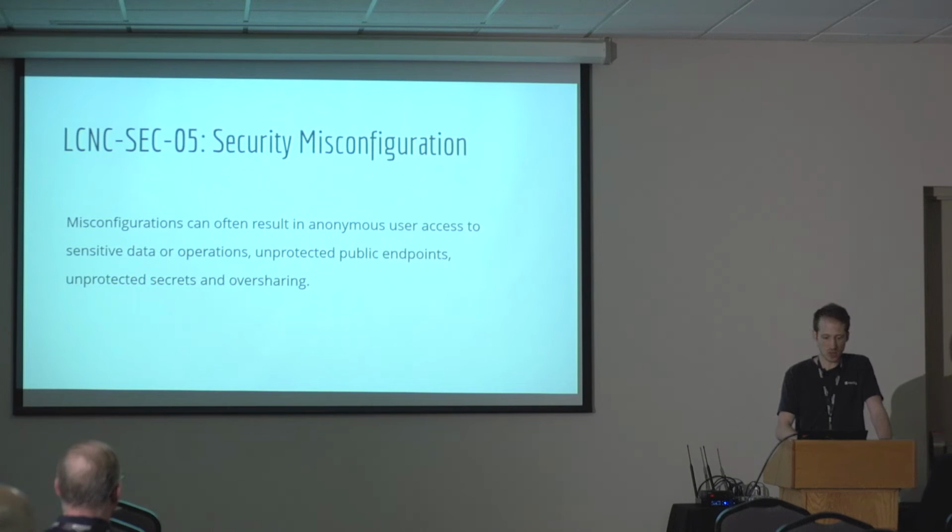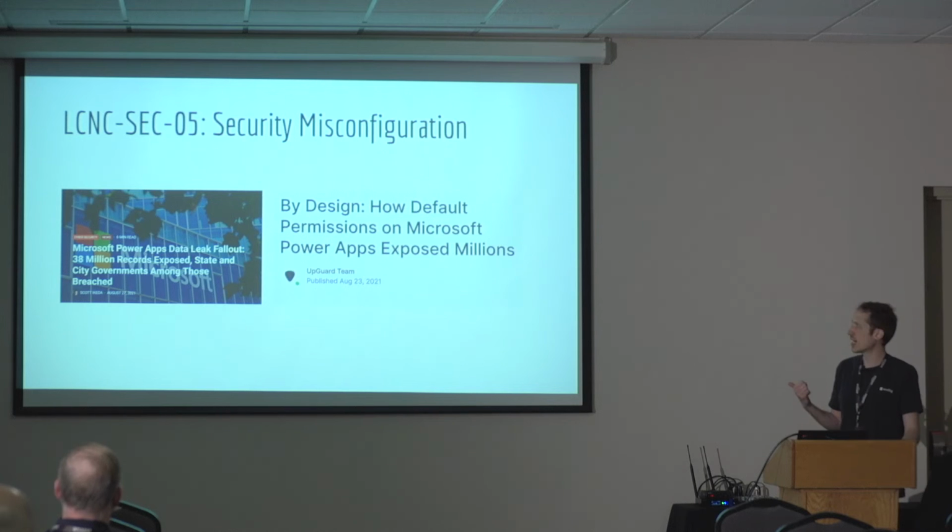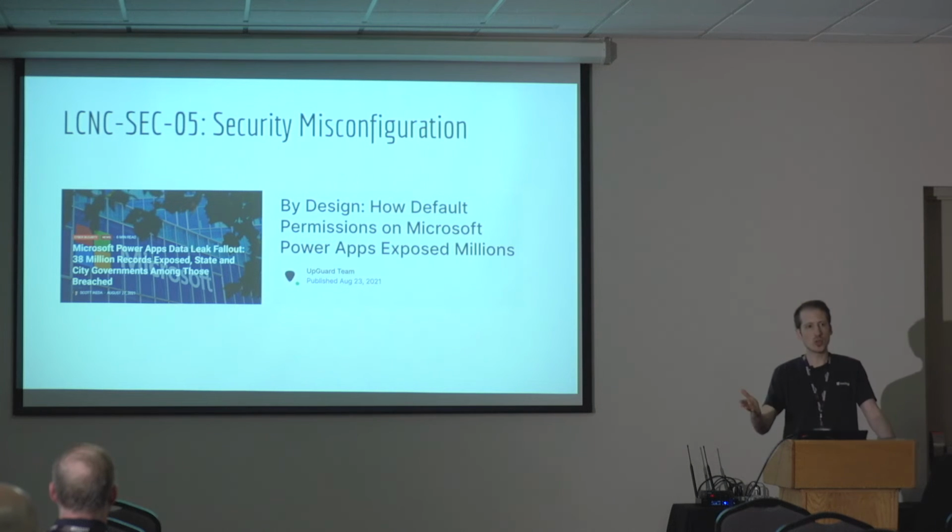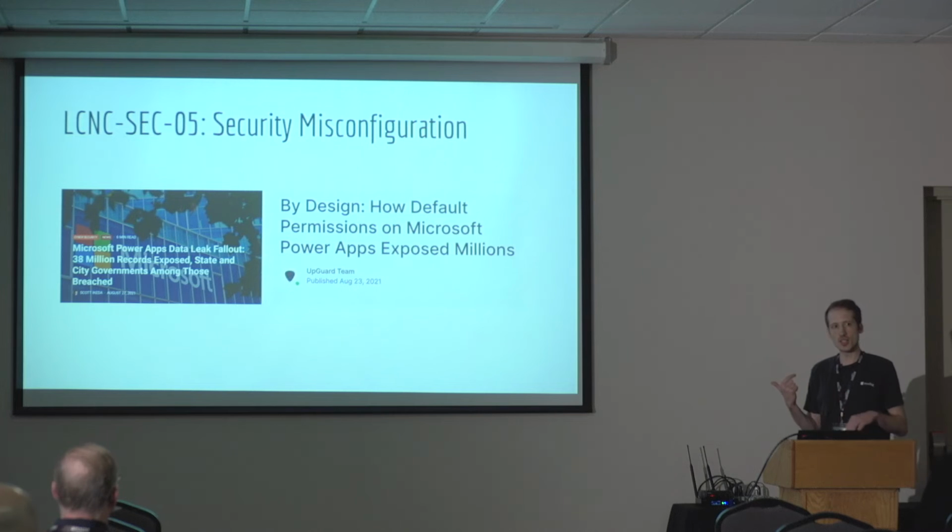So let me show you a concrete example. Microsoft has one type of application they expose called a portal app. This is an application that is exposed to anonymous users. So for example, if you want to build a vendor portal for your vendors to sign up and then log in and fetch information about their relationship with you, then you can use this portal app to facilitate that. This portal app exposes an API for anonymous users, and again, this makes sense, right? Not everybody has a login.